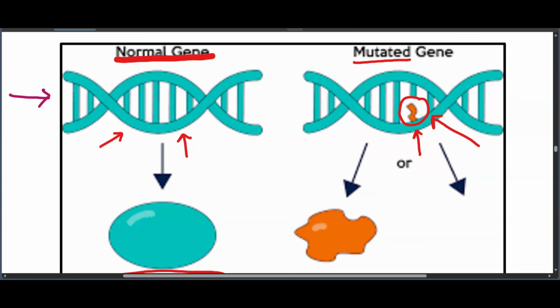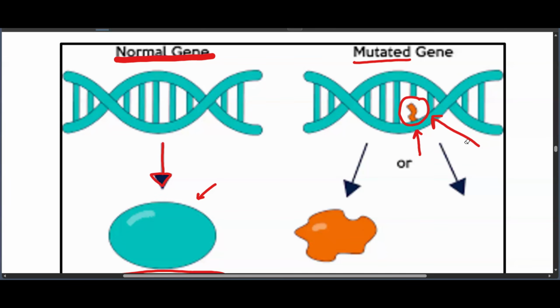Because a normal gene has a structure that is equipped to produce this normal protein that we're having here. So the moment we start having this mutation, meaning a change in the structure of the gene, we are no longer going to be able to produce that normal protein, because our gene is no longer normal, it is now mutated. There's been a change in the structure. And we know particularly here that there's been a change in the sequence of the nitrogenous bases.